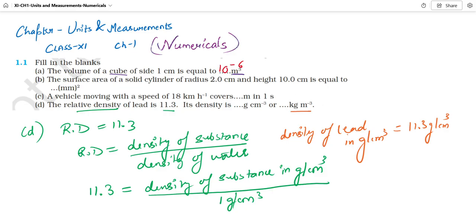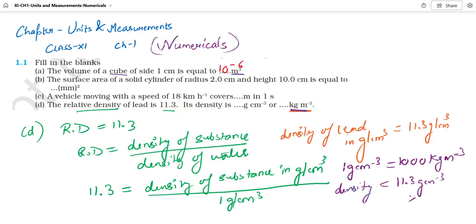Okay, now they want the answer in kg per meter cube. So for that you need to convert it again. One way is that there is a formula. The formula says that 1 gram per centimeter cube is equal to 1000 kg per meter cube. So that means our answer will be that density will be 11.3 ग्राम पर सेंटीमीटर क्यूब में. So you need to multiply it by 1000. So our answer will be how much? This answer will be in kg per meter cube. So answer will be 113, एक जीरो शिफ्ट होगा और दो जीरोस. So ये हमारा आंसर हो जाएगा kg per meter cube में.